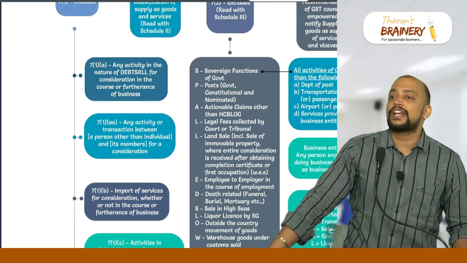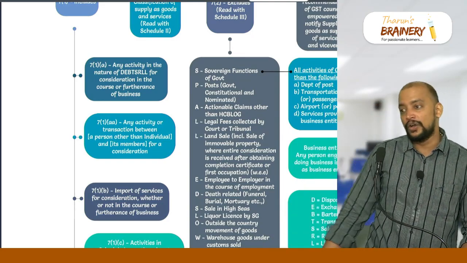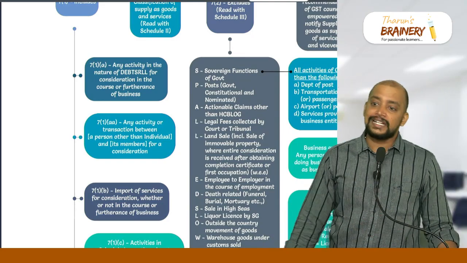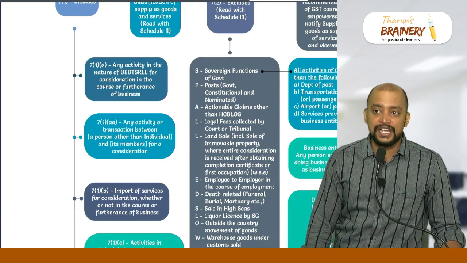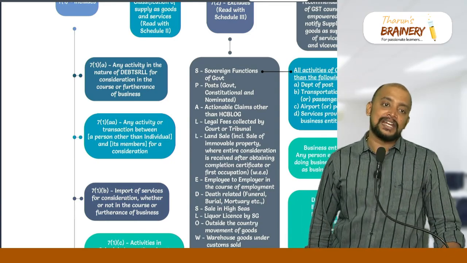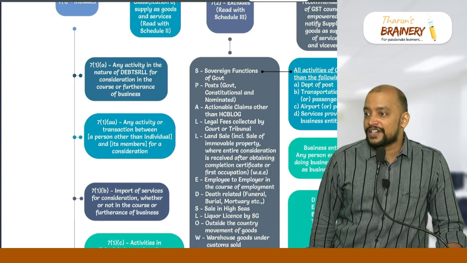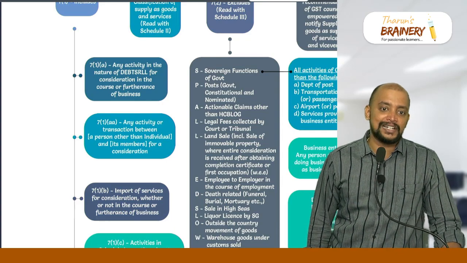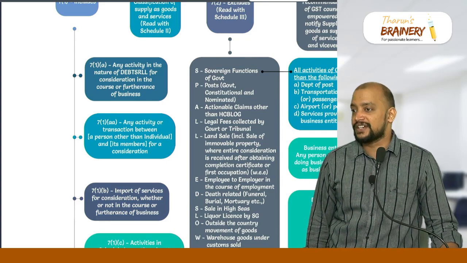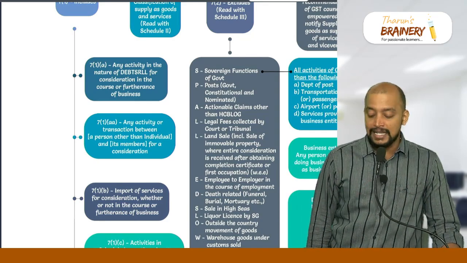Same way, when you sell one old mobile through OLX, will it come under supply 7(1)(a)? No. Because you are selling for consideration, but not in the course or furtherance of business. What if the same sale of old mobile is done by a second-hand mobile dealer? Then it will be in the course or furtherance of business, therefore it will come under supply. So basically personal activities will not come under supply 7(1)(a). Understood? Then next,